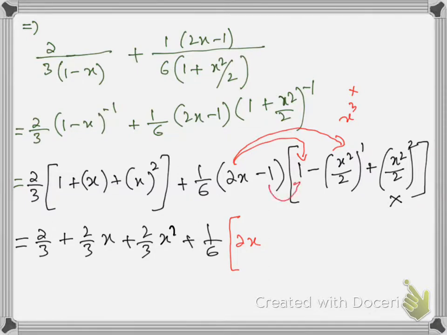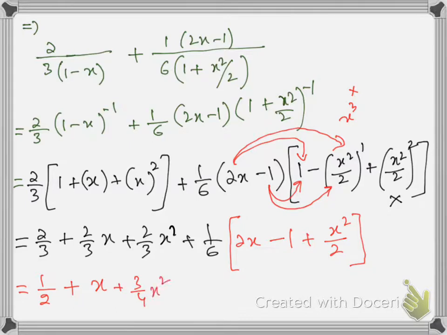But I have to multiply the second term, which is -1, with both the terms, because it will give -1 and x square upon 2. I mean, x square is our requirement. Now simplify this step and get the final answer. The final answer is 1/2 plus x plus 3/4 x square. We have done this example number 1. Now we'll do example number 2